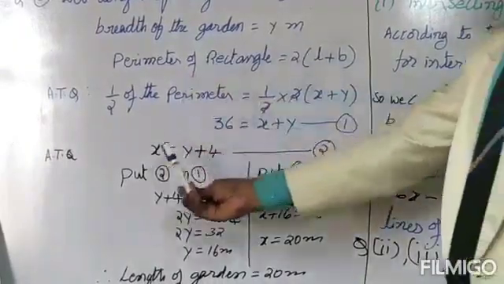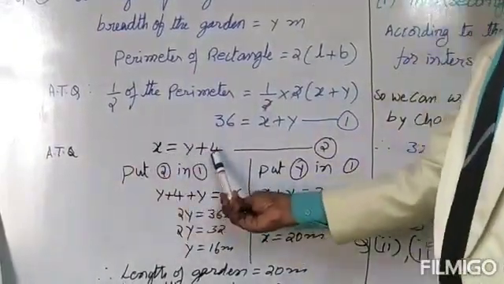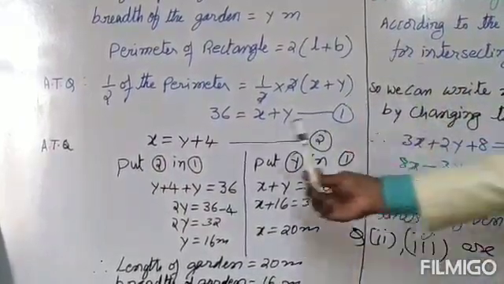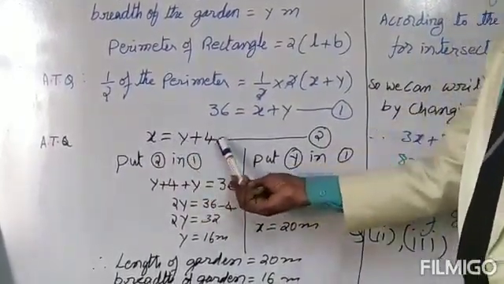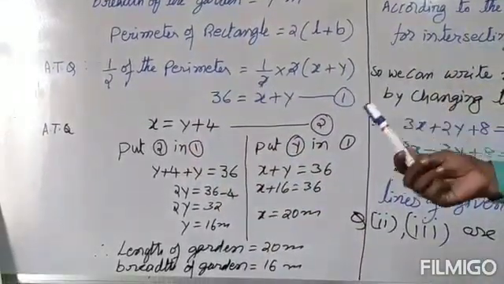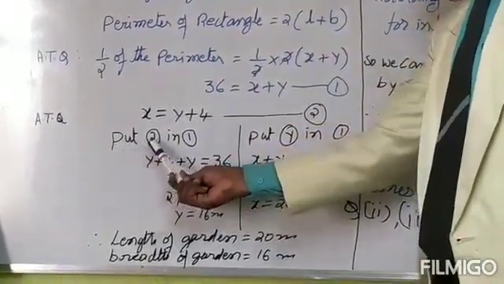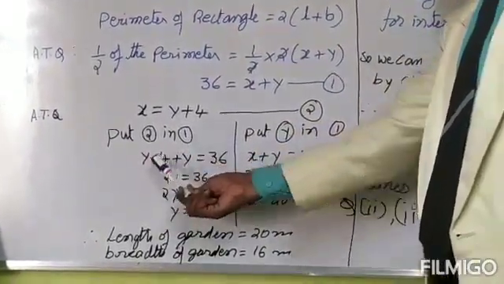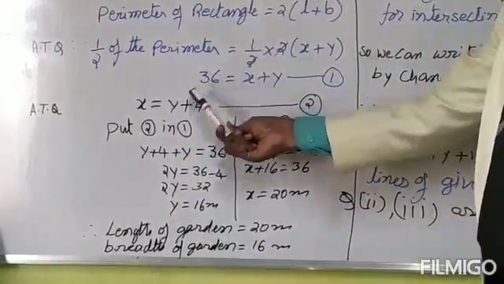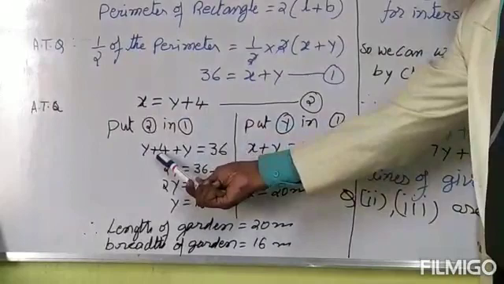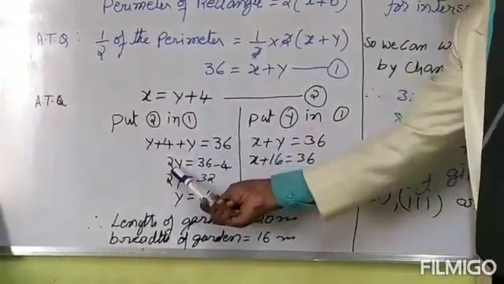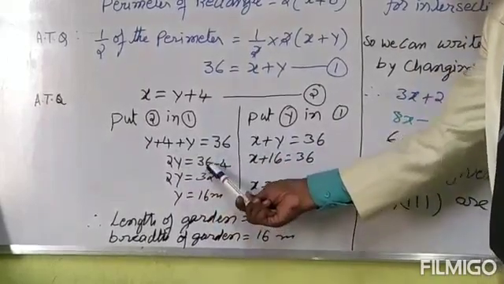In the statement, again it is given x equals y plus 4, I mean length equals 4 more than the width, given in the question only. According to that, x equals y plus 4. So to get the value of x and y, I mean length and width, we are going to put the second equation in the first equation. So here x plus y equals 36. Instead of x, we are substituting y plus 4 here. Again y is coming, 36 is here. y plus y is 2y equals 36.